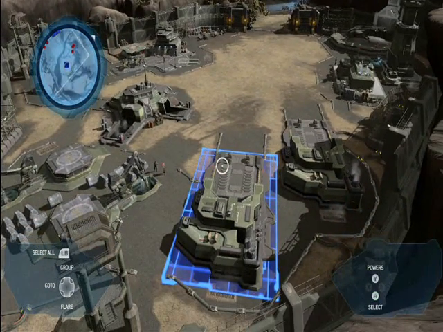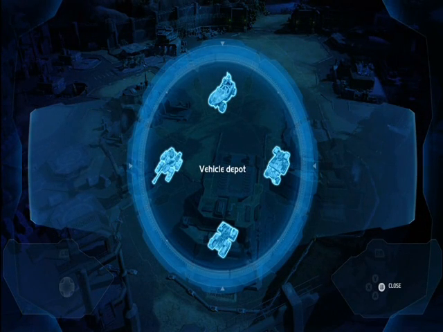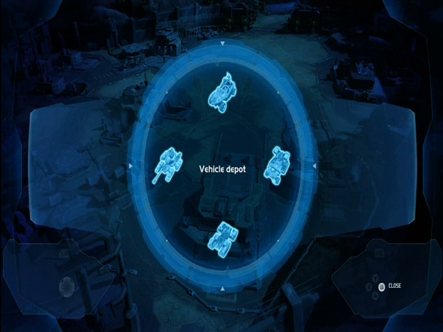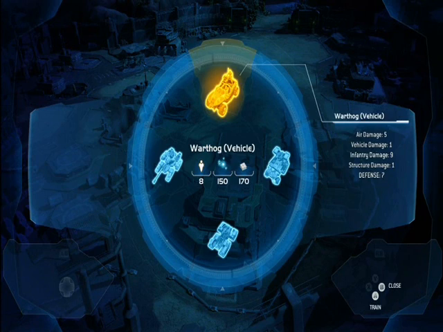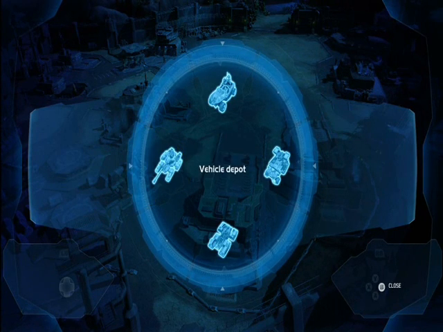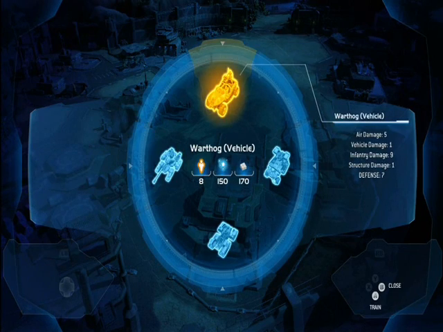Selecting the vehicle depot, I bring up what we might consider to be the most important menu in the game, the circle menu. It takes up the whole screen. You use it for everything from building infantry to building vehicles, building buildings, and calling in leader powers. I go around it using the analog joystick, and I can select any one of these vehicles here. Pressing A